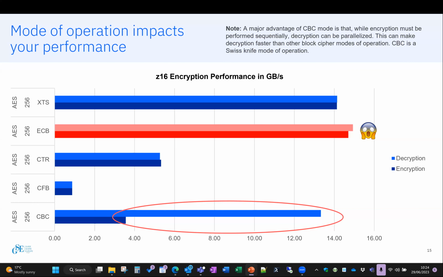CBC and ECB should not be used because of what I just showed you earlier. XTS is for dataset encryption, z/OS dataset encryption, file system encryption, volume encryption. It's fast and symmetric in terms of encryption and decryption performance. CFB and CTR are way behind, and are used only for several types of